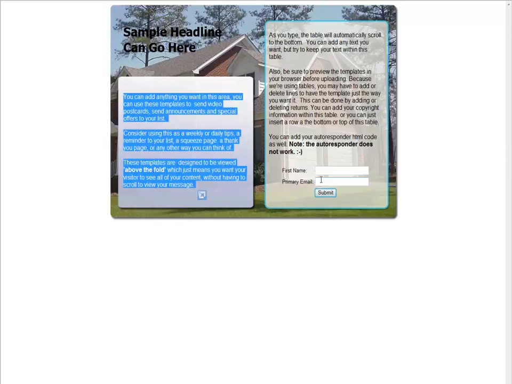Now, what I would do is I would personally test my squeeze pages. I would have maybe 2 or 3 running at once, and I would test the 2 of them to make sure that I know exactly what's happening. So what I might do is I might find that squeeze page A with a slightly different headline performs better than squeeze page B. And what you can do, and we'll talk about this later on, is you can test them and find out which one works better